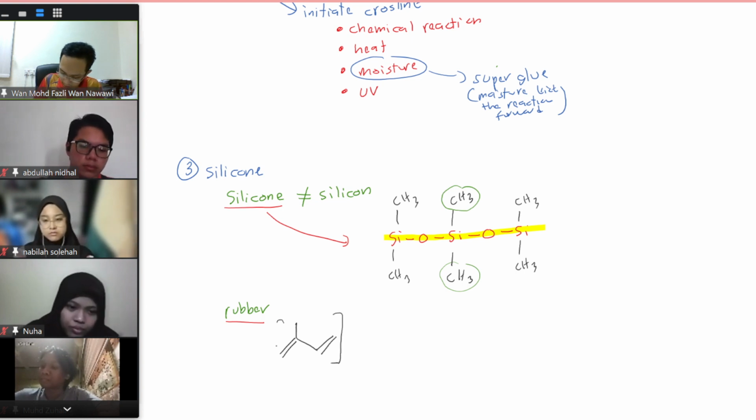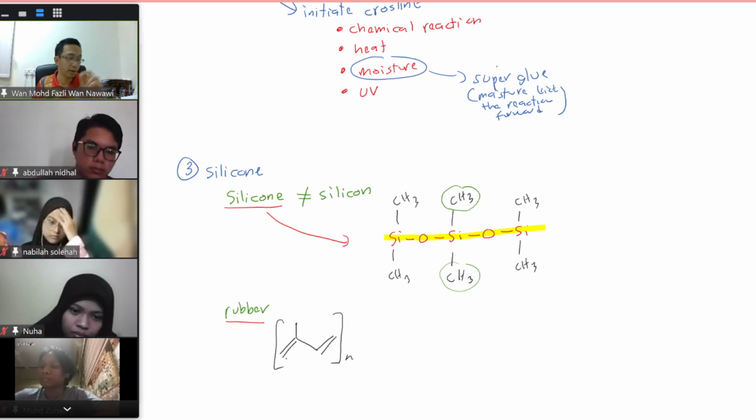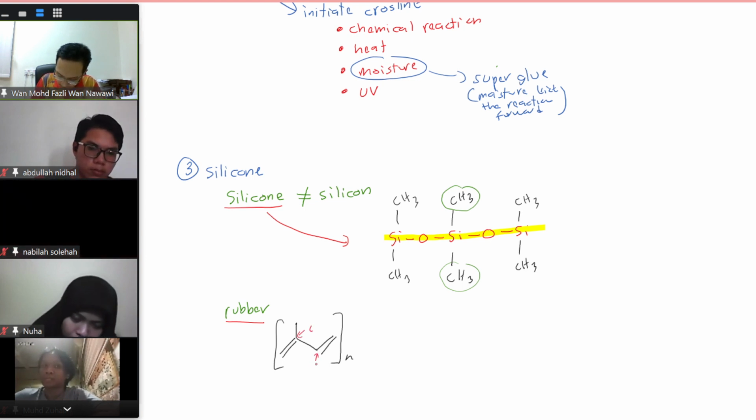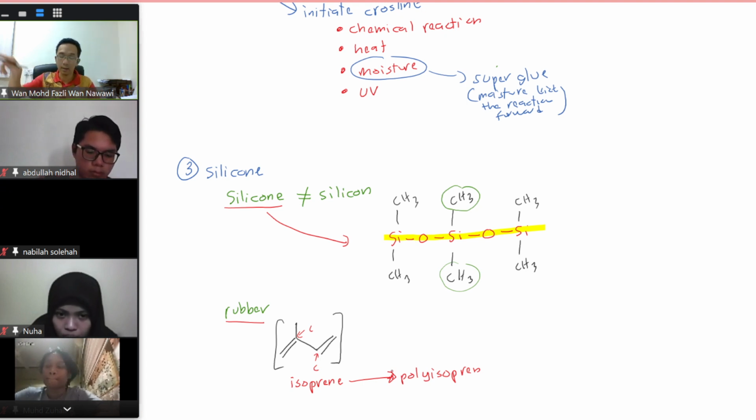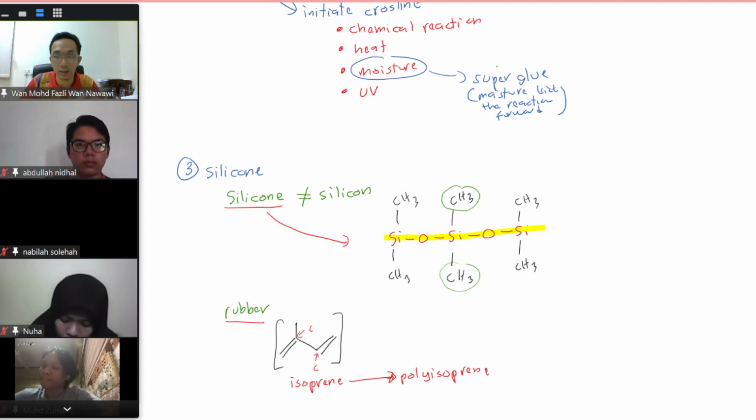And then you have something like this, with the N and so on. You learned about organic chemistry: this is C, this is C, this is C, and so on. So this is what we call isoprene. The rubber is basically polyisoprene, meaning that this is the monomer of the rubber. You link it together again and again and again, you get polyisoprene. So that is rubber. You can see the structure of rubber and silicone is different, but